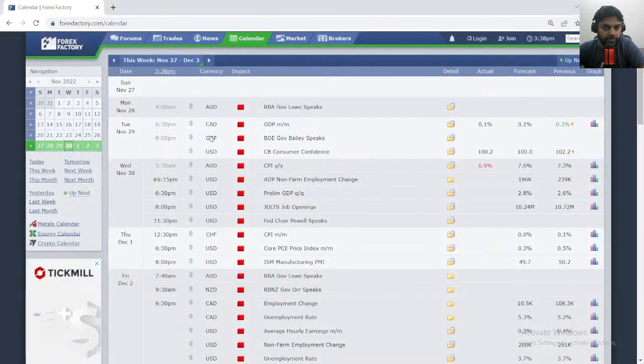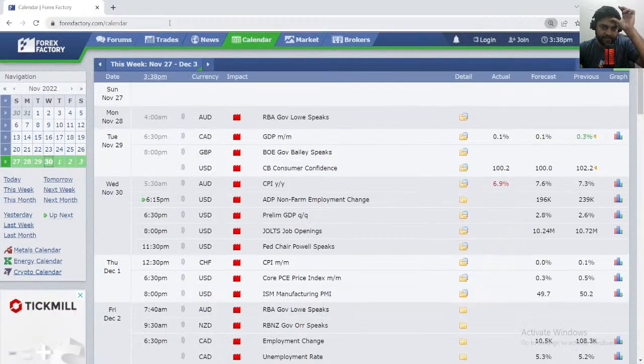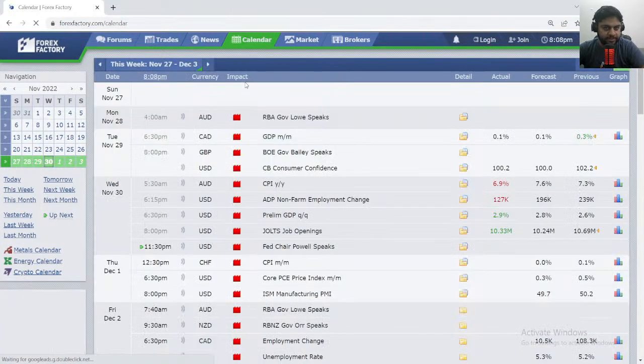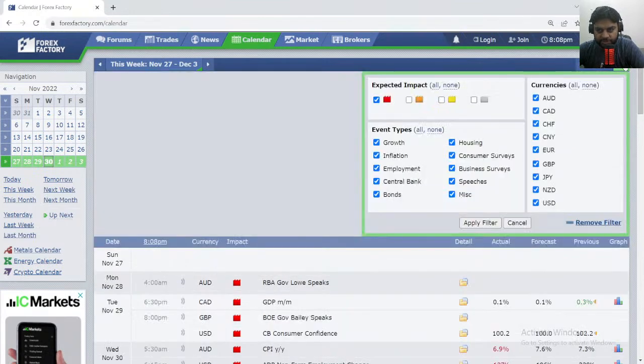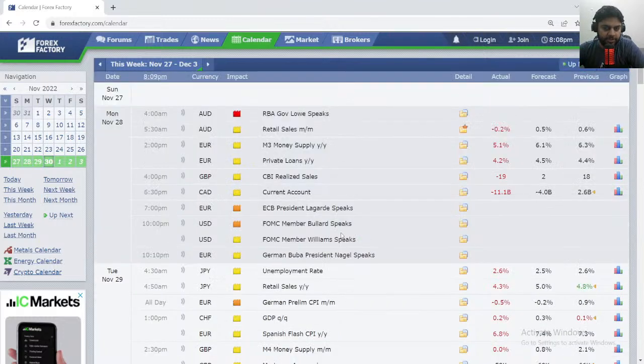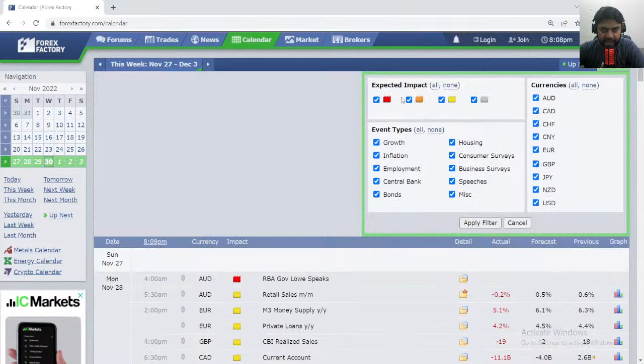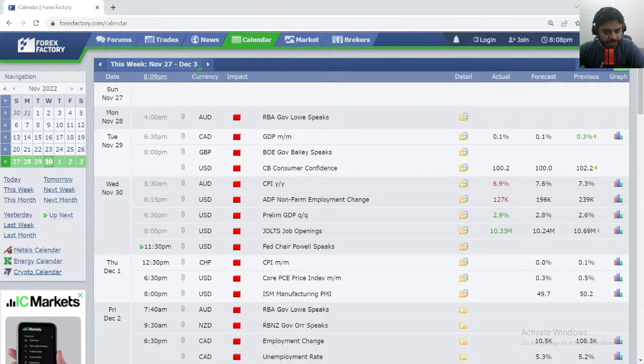Okay, so Bansali ji is asking, sir, how can we receive news opportunities? Bansali ji, I'm gonna show you this thing called Forex Factory. As you can see, this is the news calendar. Just go to this point, calendar, and you can see that there are news. So you just have to do somewhat filtering. So for example, first the Forex Factory platform will look like this. So what you do is you go to filters, and you don't want all these news, you just want high impact news. So just uncheck these things and apply the filters, and you have these news, right?